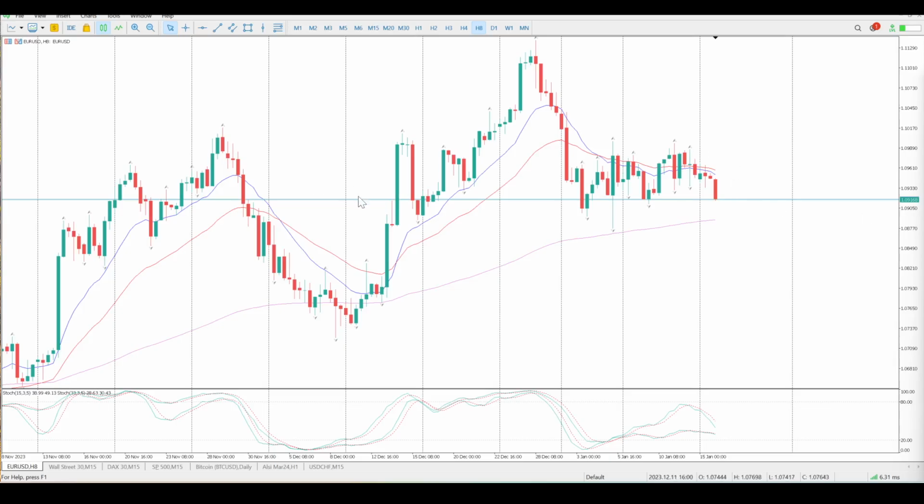So just a quick macro view here, and if you look at the 8 hour, we peaked and then we've gone sideways for pretty much 2 weeks. Look at this bar at the moment. This is a really interesting bearish bar right now. We are coming up onto a fairly strong level, which is here at 109.128, and then just below it